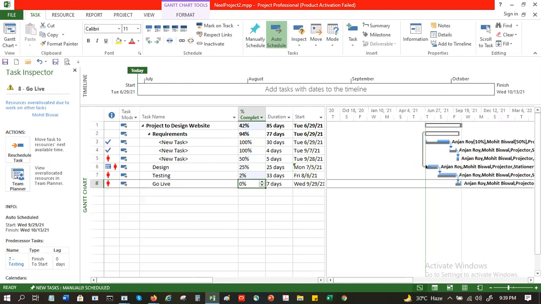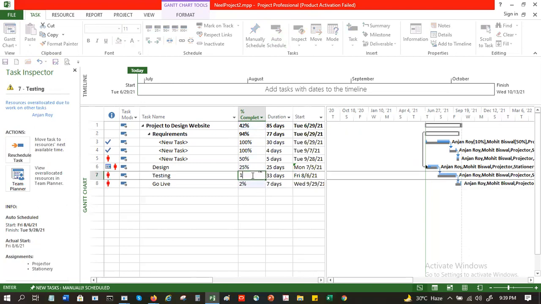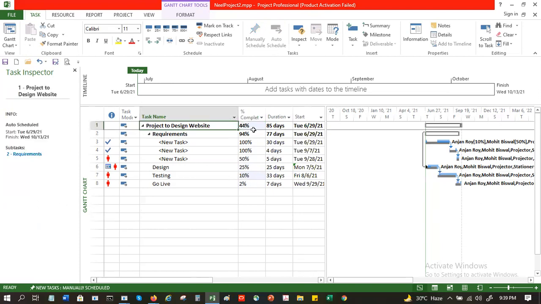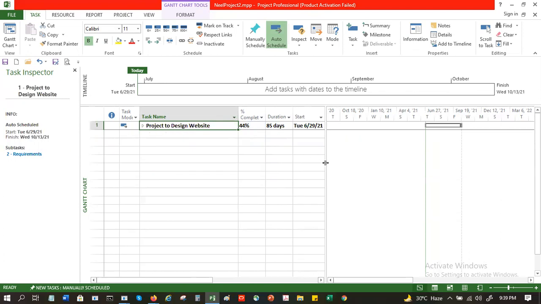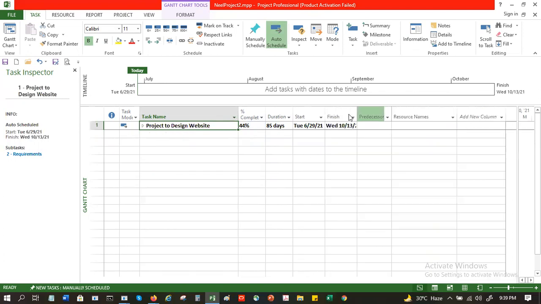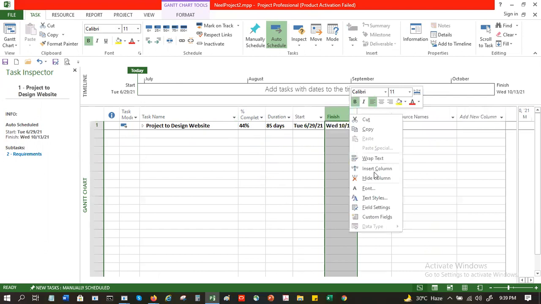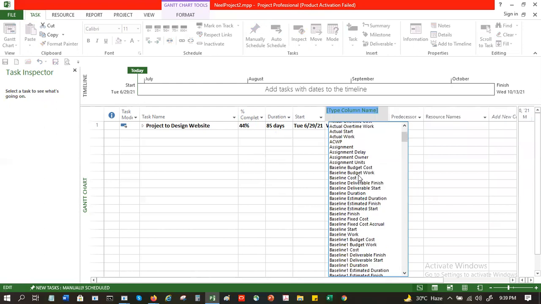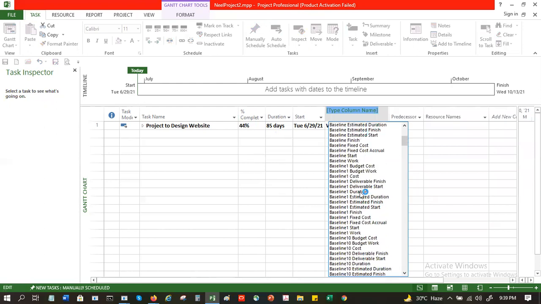So as you progress, the overall progress of your project is also updated. And based on the cost that you have entered, you can add more columns here. Like you can have a budgeted cost, you can have a baseline cost.